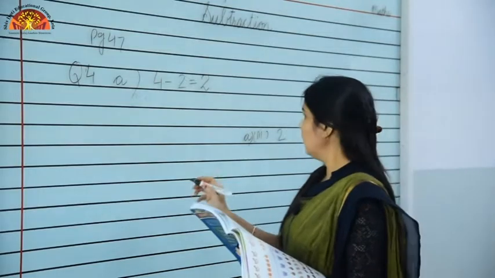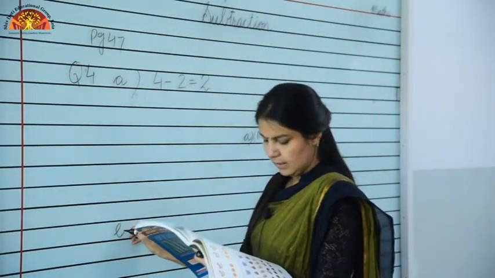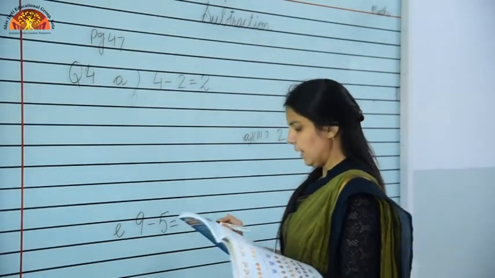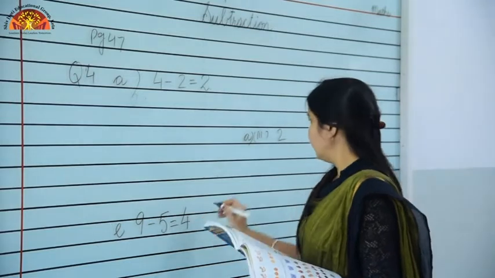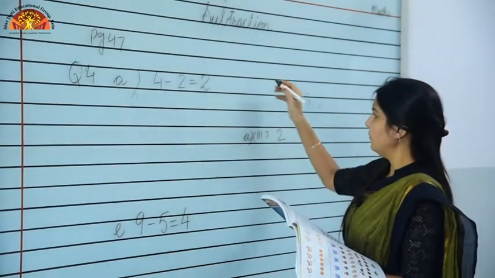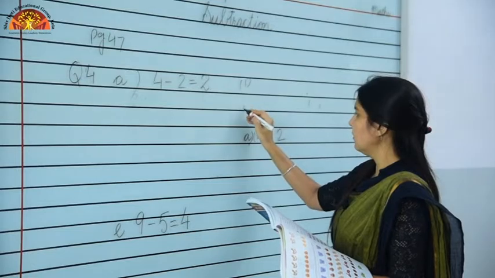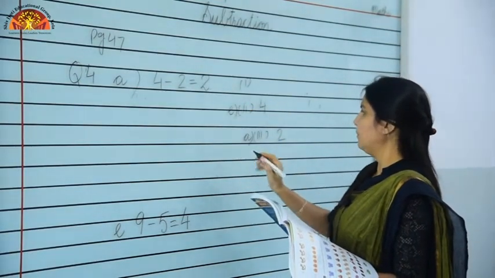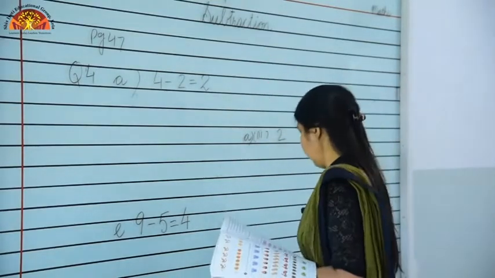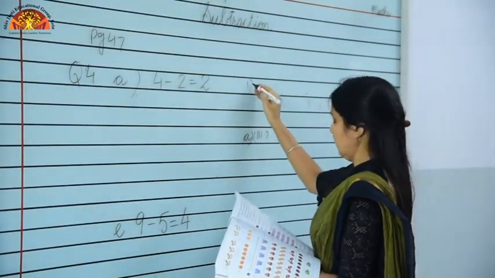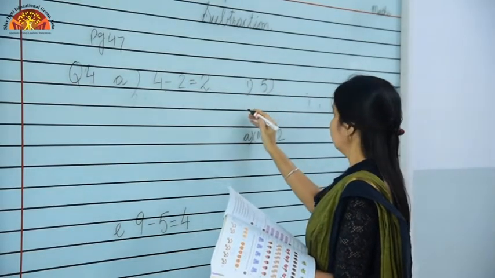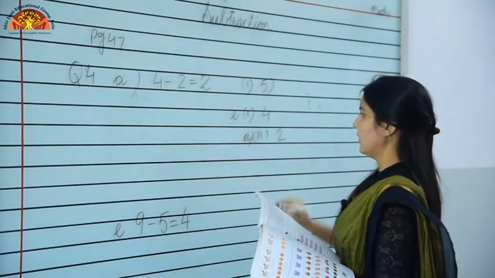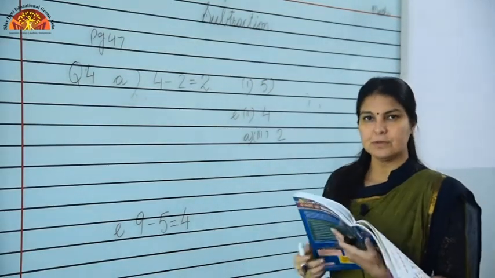Now we will see question number E of this part. Numbers are 9 minus 5. 9 minus 5 is equal to 4. So children, you have to find out where 4 is written. It is written on the second part. So we will write E in front of second part. So where you will write E? You will write E in front of second. So the remaining sum you can solve yourself.